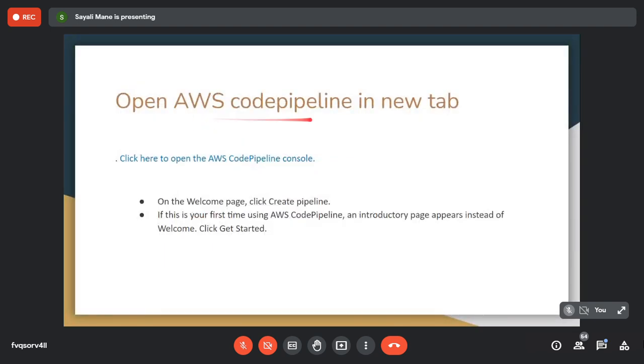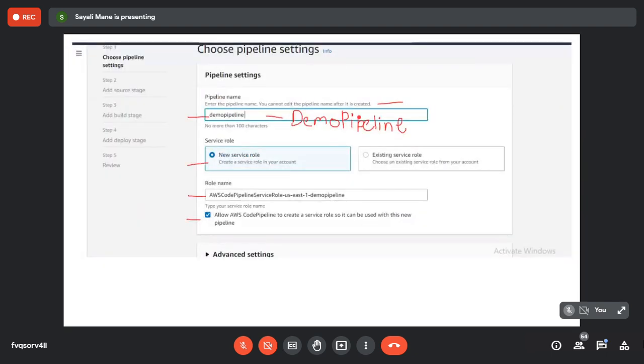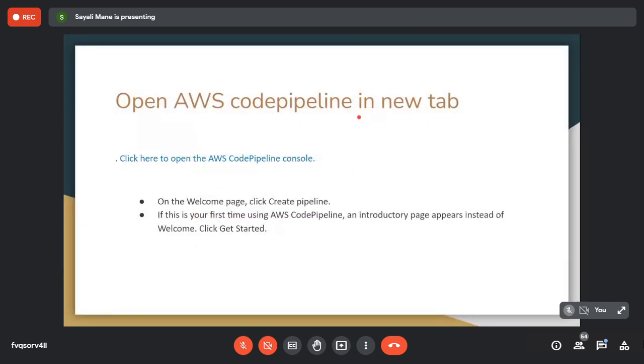Search AWS CodePipeline and open it. Open it in a new tab, okay? Because we have already created the environment in the first one, right? Yes, I'm on the page.